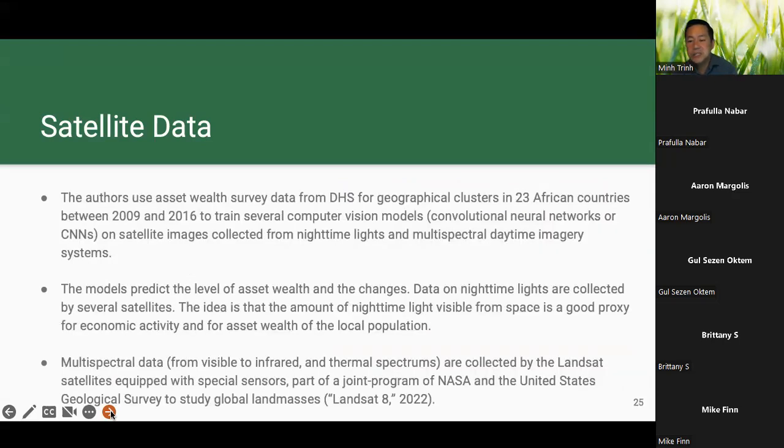So what did they use? They used survey data from this DHS survey for some clusters in 23 African countries, between 2009 and 2016, to train different computer vision models, right? Some of the most prevalent of these computer vision models are called convolutional neural networks, or CNNs, and they're typically used to recognize faces or digits, characters, and so on. So they're used a lot, right? And they use them on